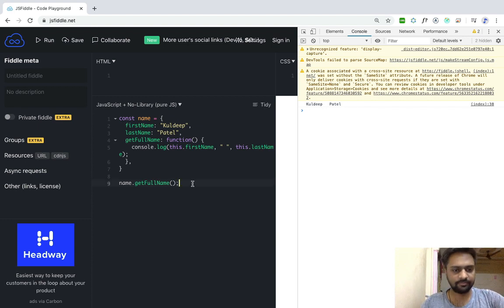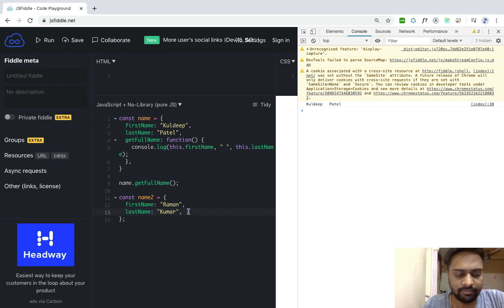Correct? So let's have another object const name2 having the same properties, firstName and lastName. Suppose here firstName is Raman, lastName is Kumar.